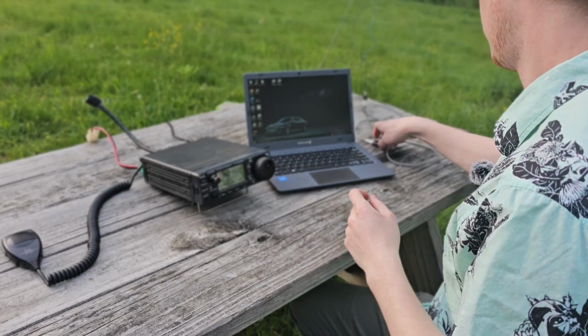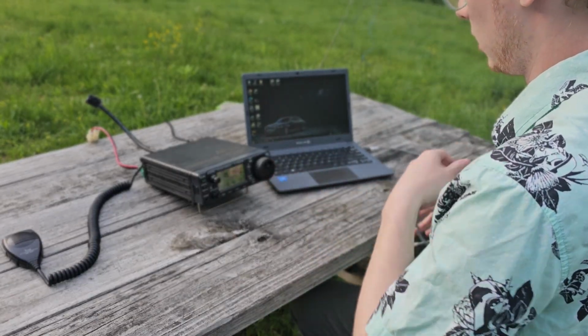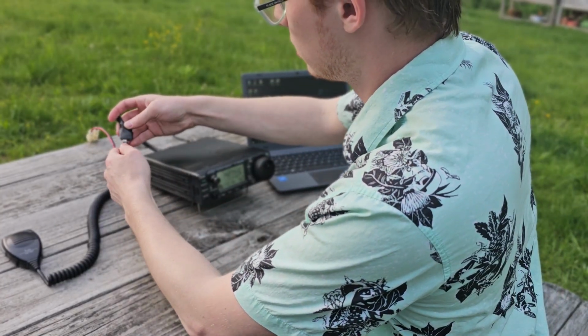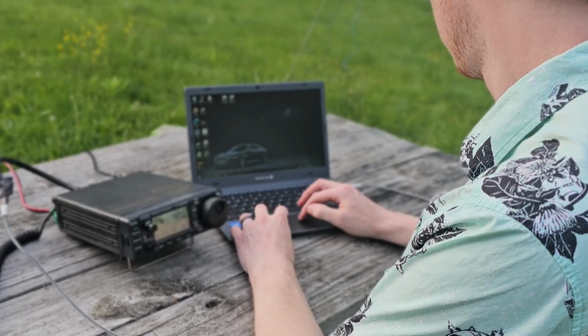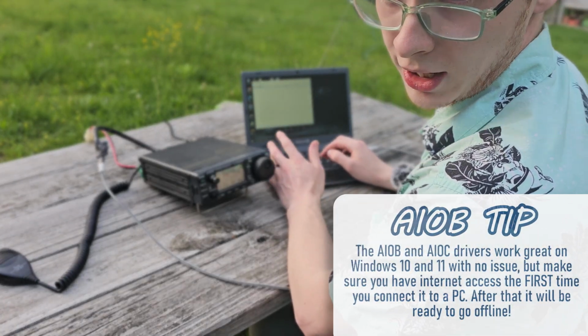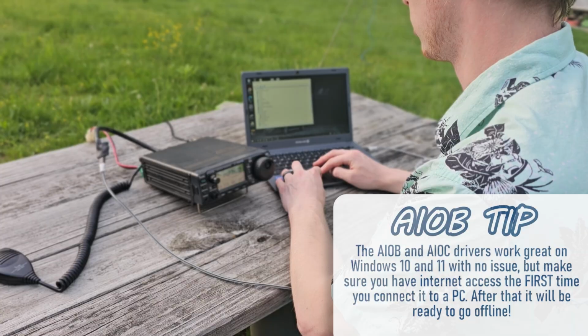So we're going to take our USB-C cable here, hook it up to our AIOC, and I do see the lights blinking on that. It's kind of hard to see because of the heat shrink around it, but you can kind of make it through. Yeah, I heard it connect. The good news is the drivers work great on Windows 10 and 11. It just kind of plug and play works, but you do want to have an internet connection in order for it